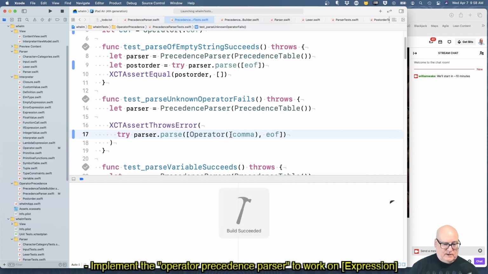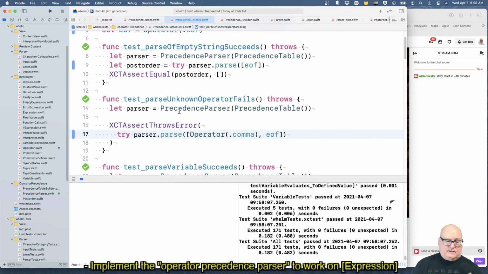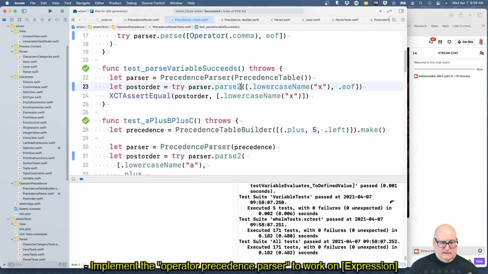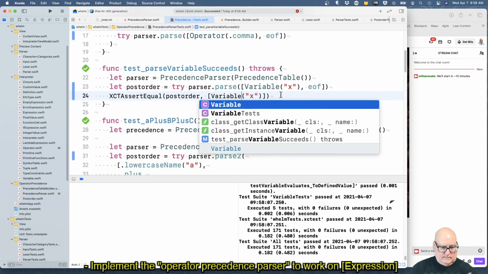We could block it somewhere else, but I think the parser itself is going to block the use of it, saying comma cannot start expression. We did the token can start expression. Okay. Now this becomes variable. We lose the dot. And we expect to get back the same variable.